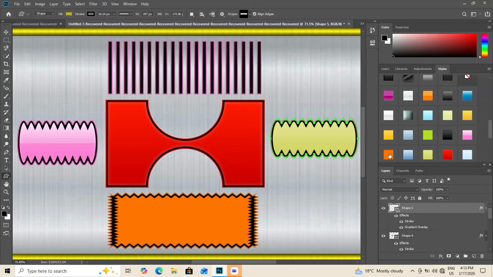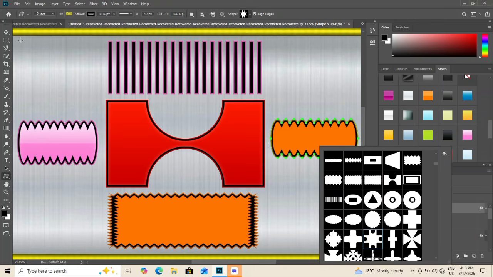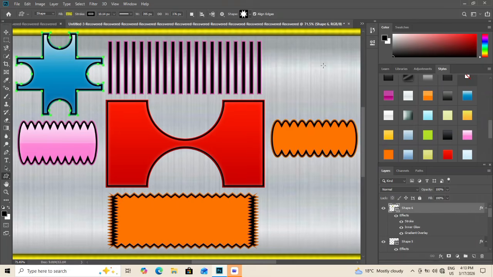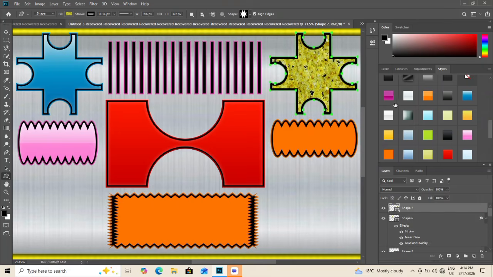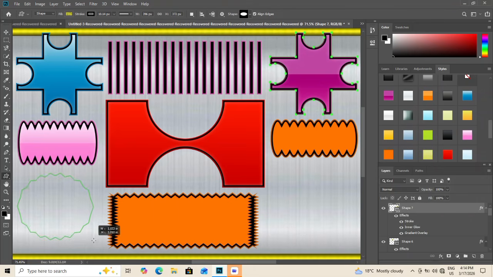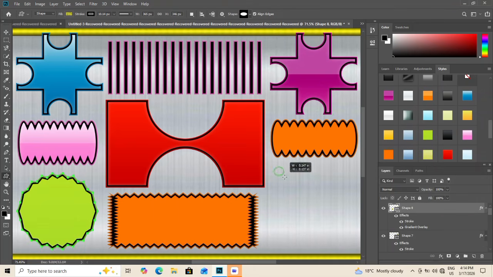Switch to the ellipse tool and place matching circles on both sides, maintaining equal distance from the center. Choose the polygon tool and add identical shapes at the top and bottom to reinforce symmetry. Activate the Move tool and fine-tune alignment using